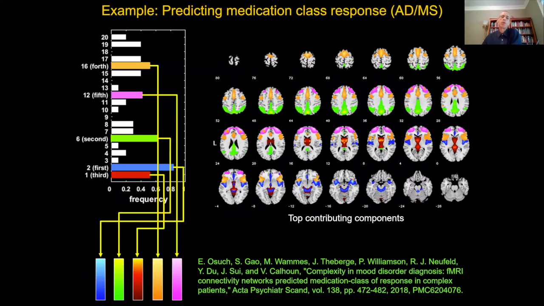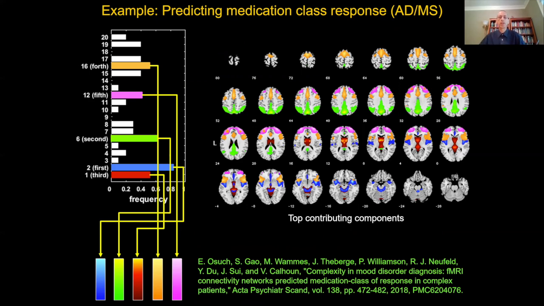We've applied this approach to make predictions that we think might be meaningful in a real-world clinical application, for example, predicting a response to medication. When you have young adults who might have bipolar disorder or major depression, you want to decide whether they should go on an antidepressant or a mood stabilizer. That's a challenging problem in some cases, and it can have real-world implications. People can get sick if they get on the wrong medication. So, using a pre-treatment resting state scan,